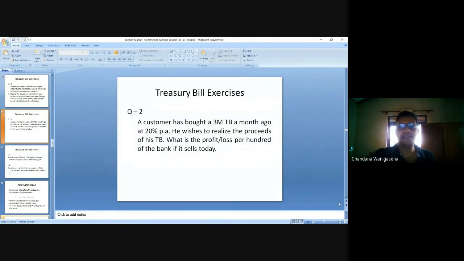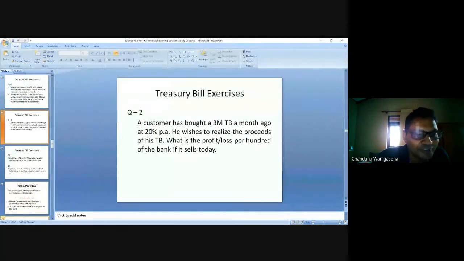So let's start. Can anyone put the answer, profit or loss, in the chat text? Yes, you have taken the same interest rate. That's where you went wrong. So can someone put the answer in the chat?